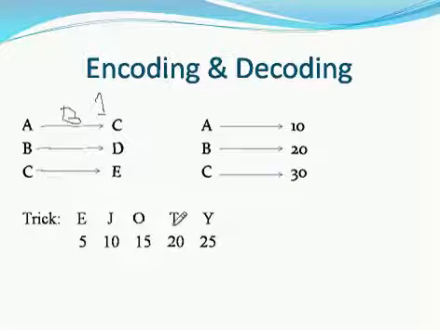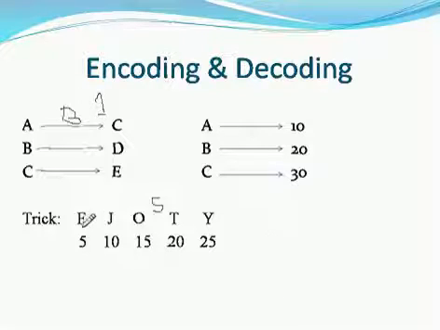Suppose you want to count till S. What is the position of S in A to Z? S will be coming between O and T: O, P, Q, R, S. So after 15 you can start counting: O, P, Q, R, S. So 15 plus 4, the position of S will be 19. T is 20, so 20 minus 1 will be 19, which is the position of S. By remembering this, you can easily reduce your time for counting the position of the alphabets.